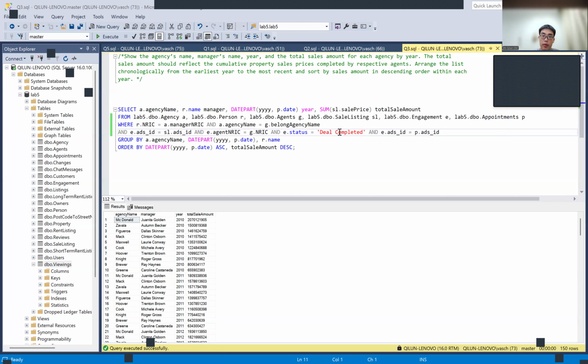And the status must be a deal completed because otherwise the property won't be sold and there won't be any sales contributed. And so when we run it, we get to see this. So the year is indeed in ascending order. And then the sales amount is in descending order.